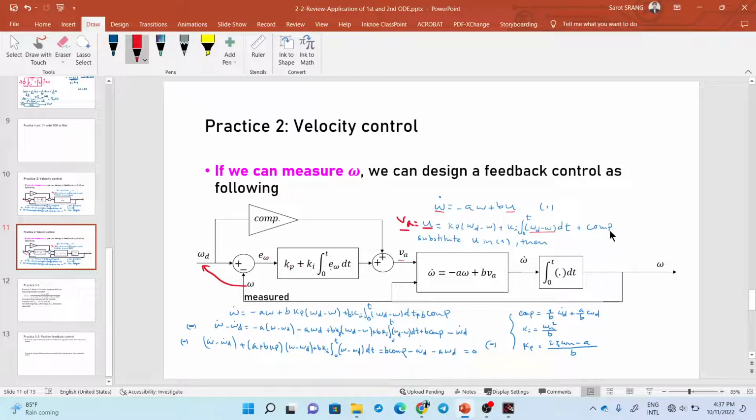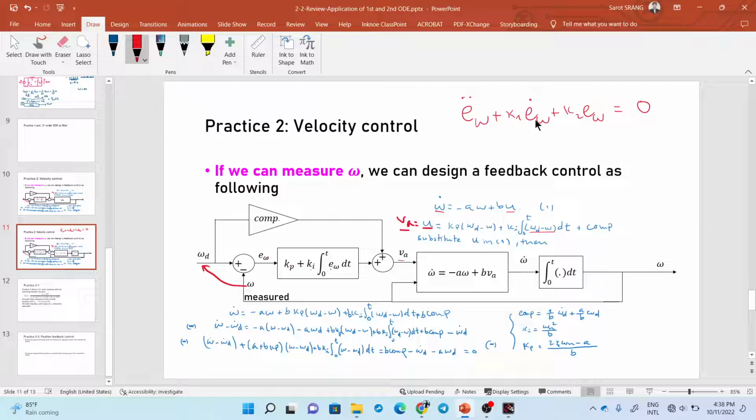Why do we need compensation? Because imagine that if I can derive the equation of error to be like this, a second order error: e double dot omega plus some coefficient k1 e dot omega plus some coefficient k2 e omega equal to 0,